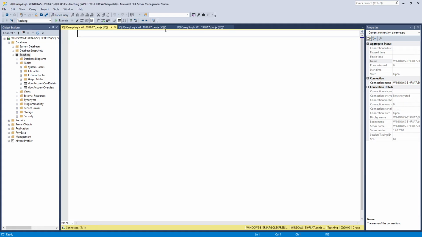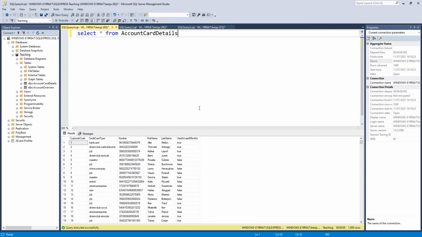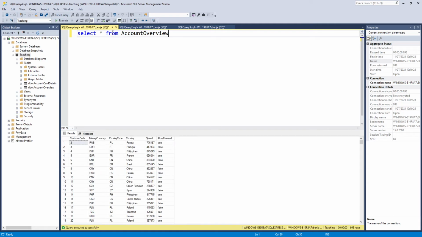Let's also do a join, because we do have a lot of information in both the tables. So if we just bring up the card details one, there's quite a few columns in there, different bits of information, and we've also got the overview, a few columns in there, different bits of information. Okay, so let's say, for example, now the sales team, they need a report, and this report's going to show them, let's say,